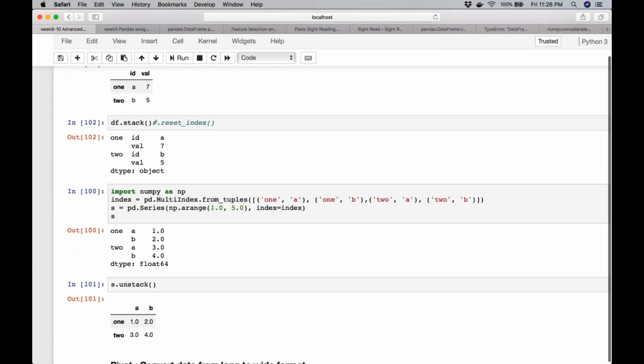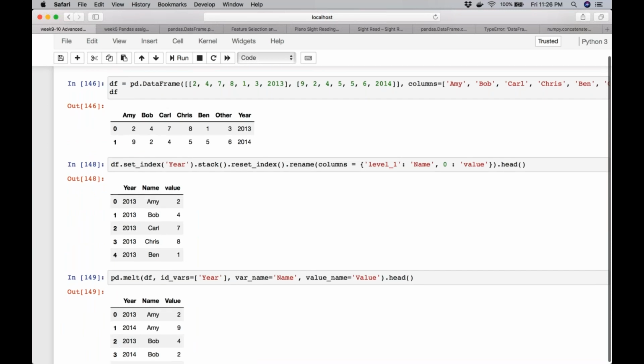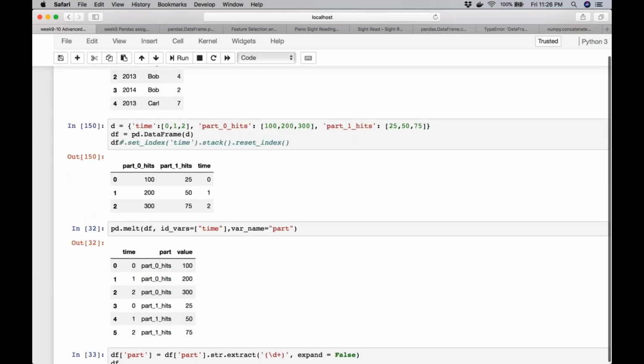Okay, so back to the melt. This was just another simple example. There are two columns with different parts, and then there is a time. I want this part to be just one column, and ideally I would want just the part number, not all the gibberish. We'll address that. That is our next topic. But the melt can handle this kind of use case. So this was just talking about another use case. I'm also trying to find more relevant examples so that it becomes a little more clear.